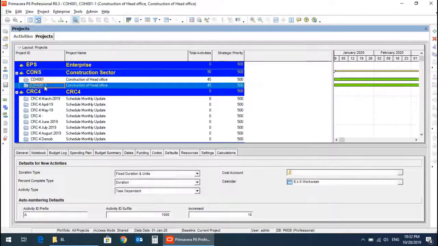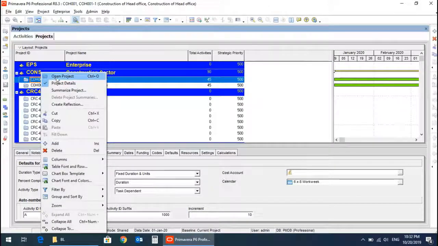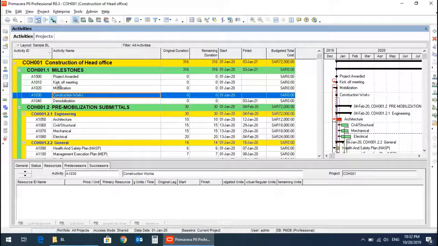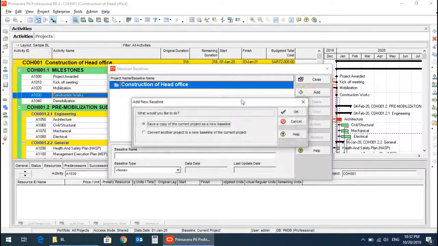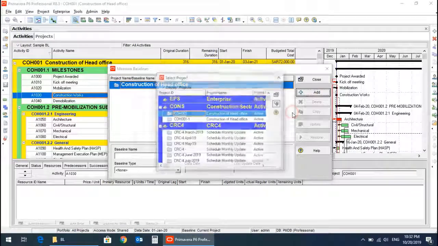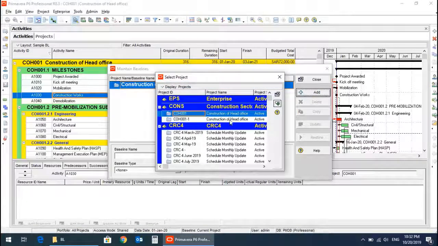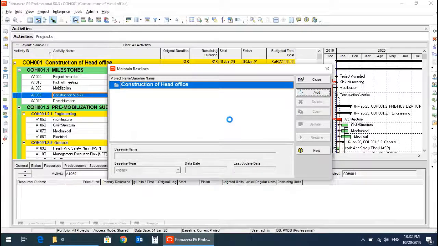So this project is imported to Primavera now. Now we want to assign this as a baseline to the main project. We will open this project, go to projects, maintain baseline, add, convert another project as baseline. OK, select this file,